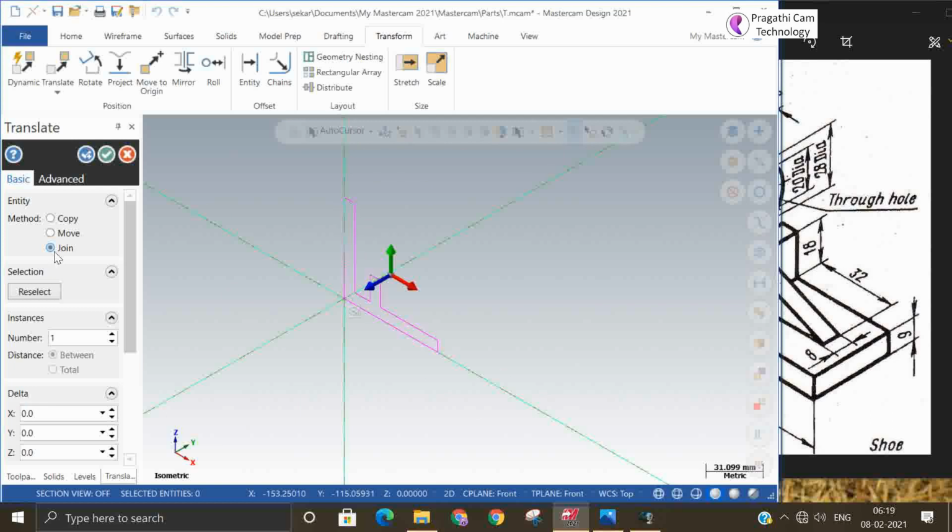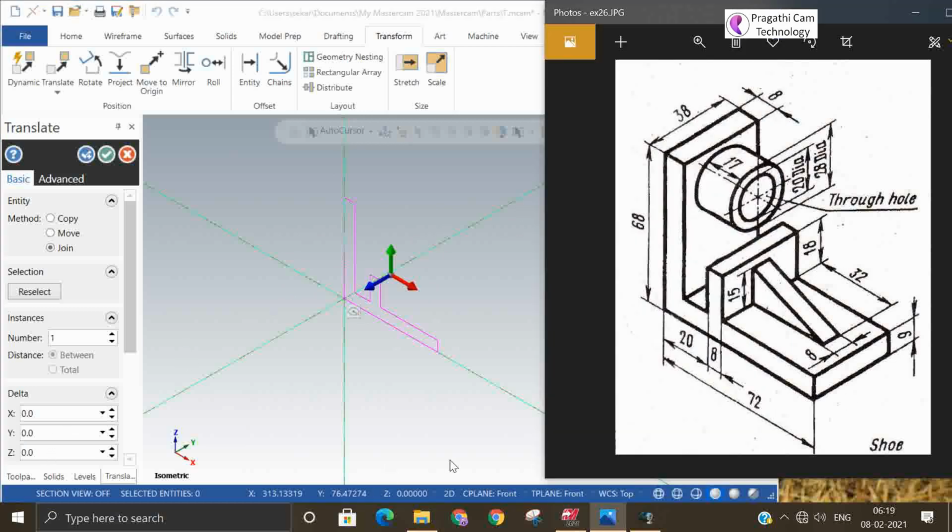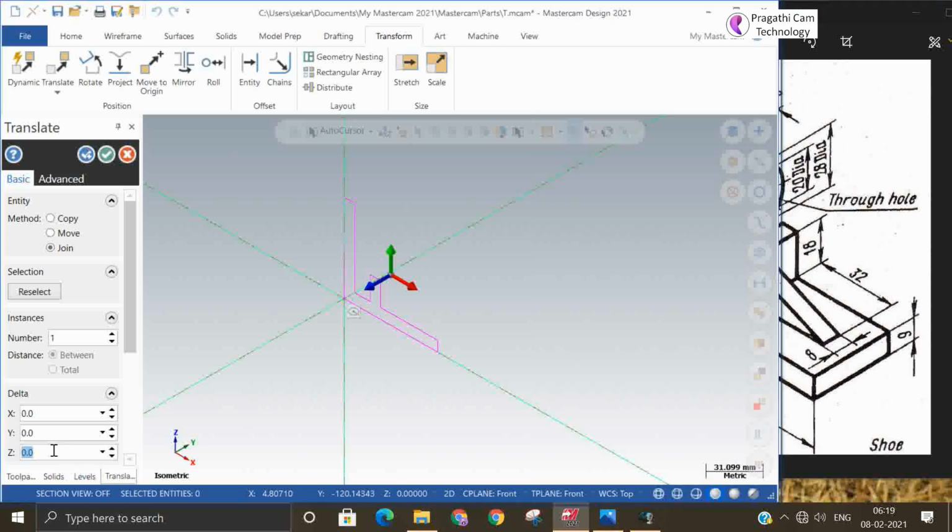Select the entity and switch on the join option. So 38. This is Y and this is Z minus. 38.